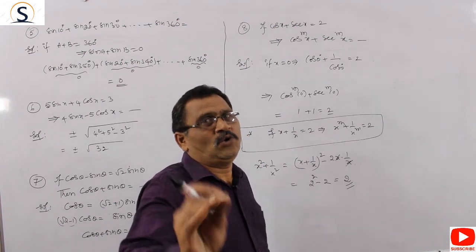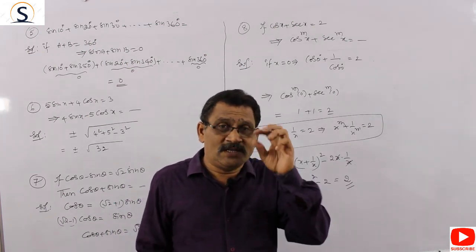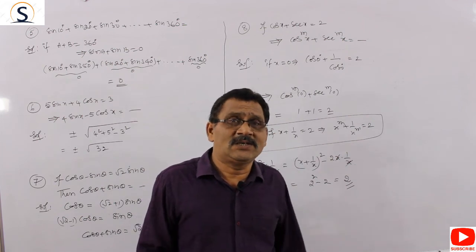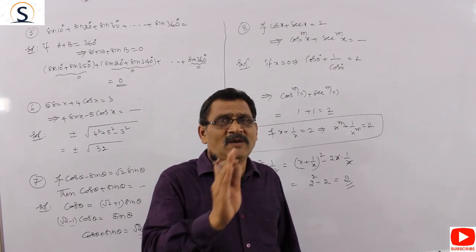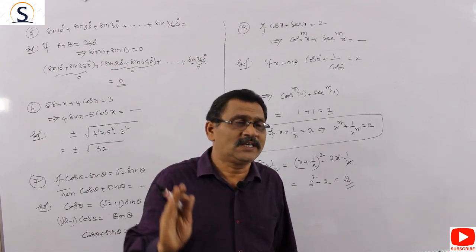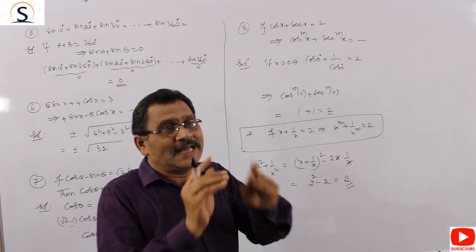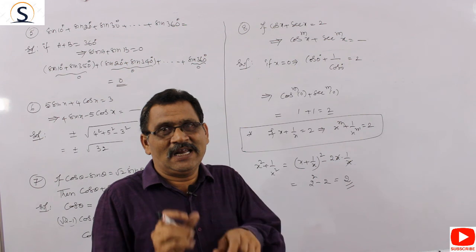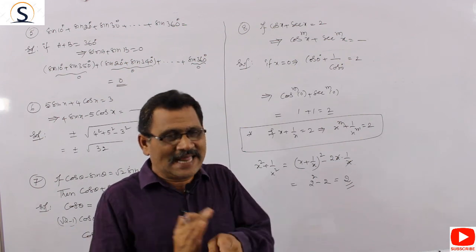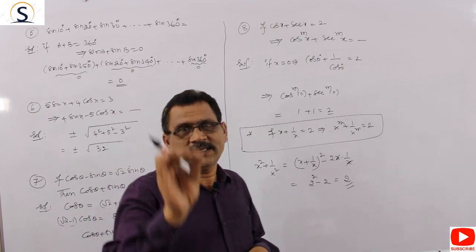Next, you know the identities of the trigonometric ratios. One is sin square theta plus cos square theta is equal to 1. 1 plus tan square theta is equal to secant square theta. And 1 plus cot square theta is equal to cosecant square theta. These are the three main identities. After that, sin theta into cosecant theta product is 1. Similarly, cos into sec is 1, tan into cot is 1. Therefore, these are the three relations.